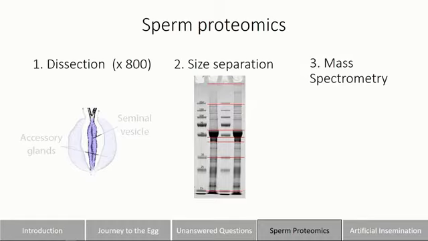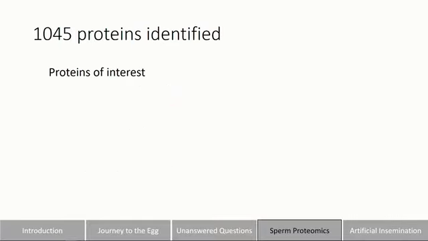And so I have to be honest, this data is fairly hot off the press. We just got it towards the end of last week, so we haven't fully curated it yet. But we do have roughly 1,000 proteins confidently identified within these mosquito sperm. And looking at that list of proteins, I want to highlight a few that we think might be interesting as candidates for future analysis.